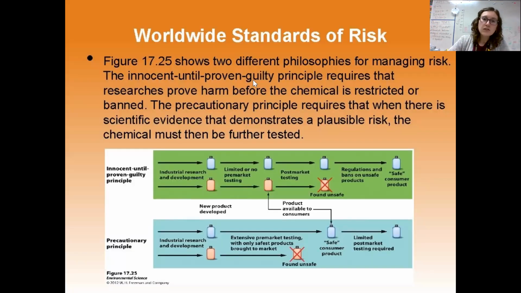Okay, so when we're actually looking at products, there's another way that we can look at different ways of managing risk. It's mostly found in products. We can do the innocent until proven guilty principle of managing risk and preventing risk occurring to animals. Oh my gosh, people, I guess we're also animals. Or we can do the precautionary principle. Both are attempting to mitigate risk and to protect human beings.